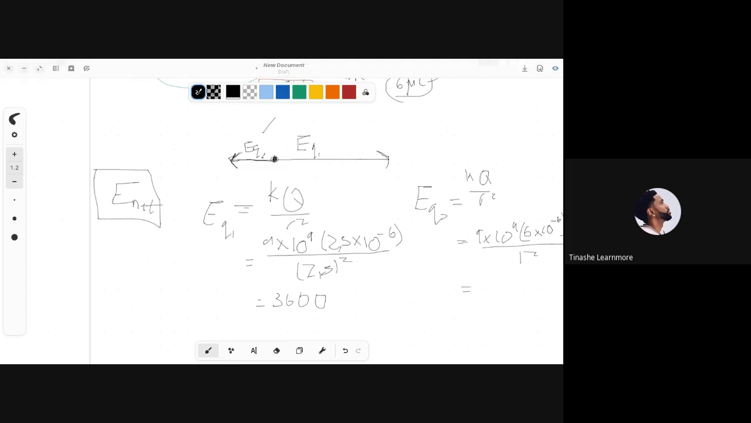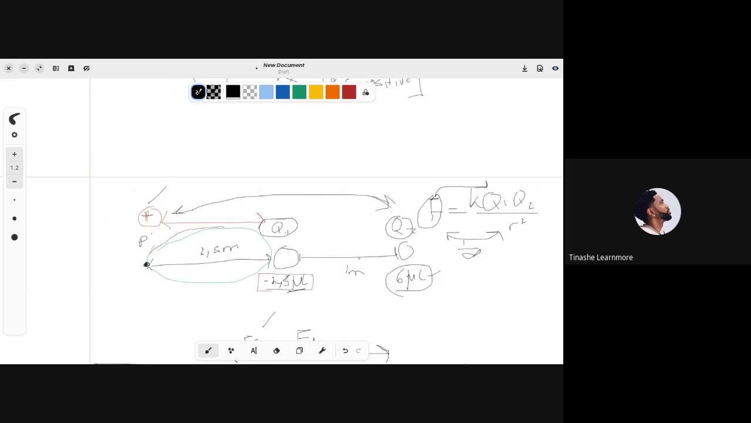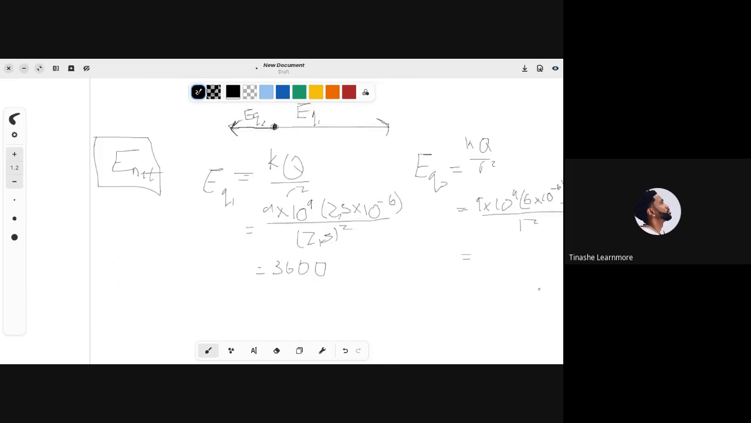Yes, there's a hand up. It's 3.5, the difference. Yes, we have to add the 1 meter plus the 2.5, which is 3.5. So we're going to have 9 times 10 to the ninth, and 6 times 10 to the negative sixth, over 2.5 squared. And then you should be left with